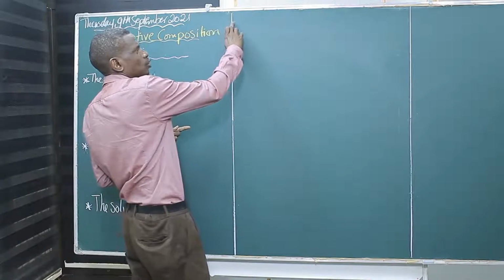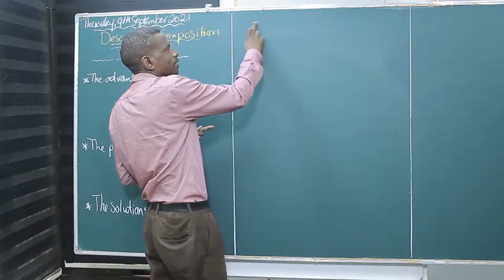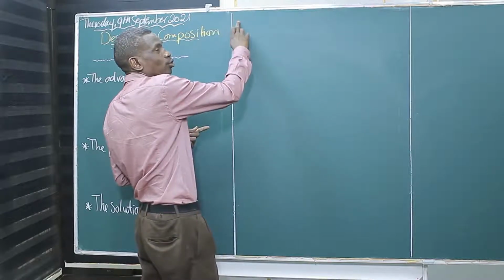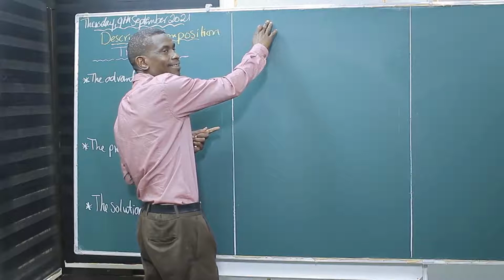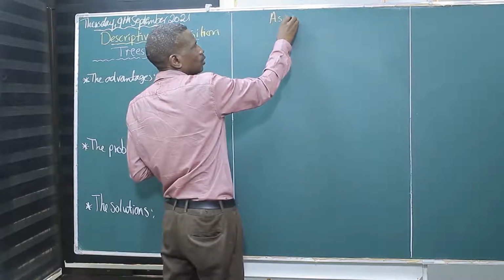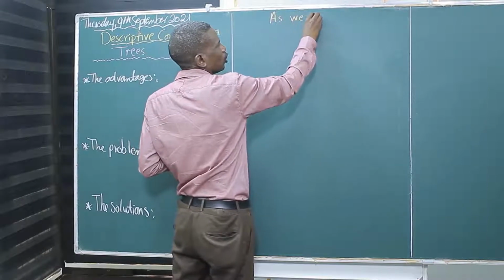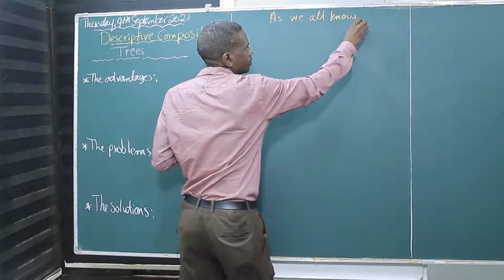I'm going to leave a space. So you leave a space of about 1 inch. In writing, we always leave a space before we start, and this is called indentation. So we say, as we all know that